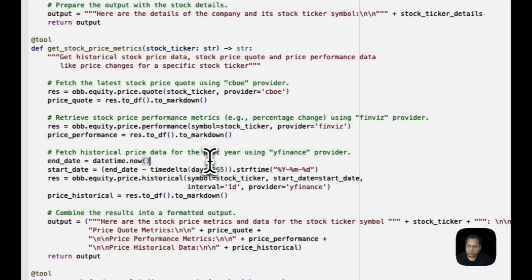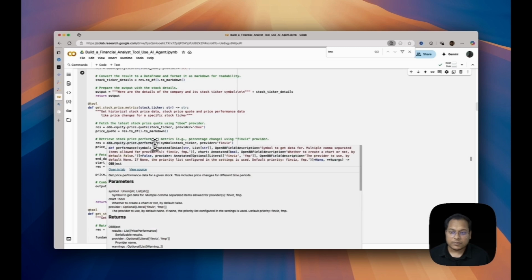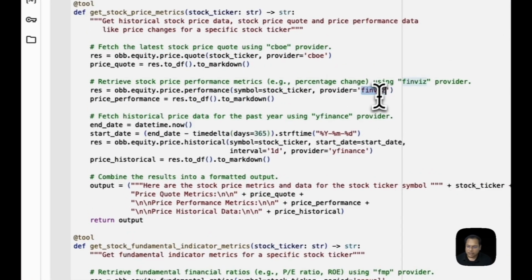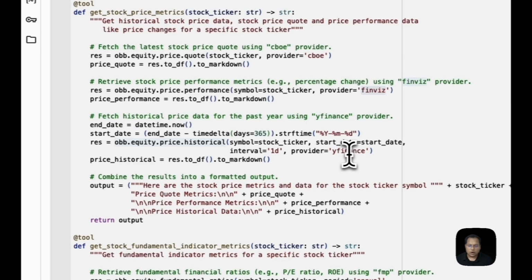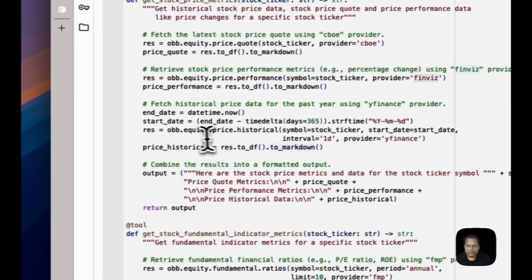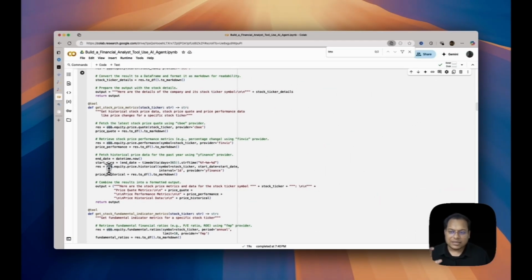Basically, for price codes, we are going to use CBOE as a provider. For price performance, we are going to use Finviz. And for historical price movements, we are going to use Yahoo Finance. And again, OpenBB is what is making these things very simple for us. It is providing a standardized framework, a standardized API, through which we are able to get these things done